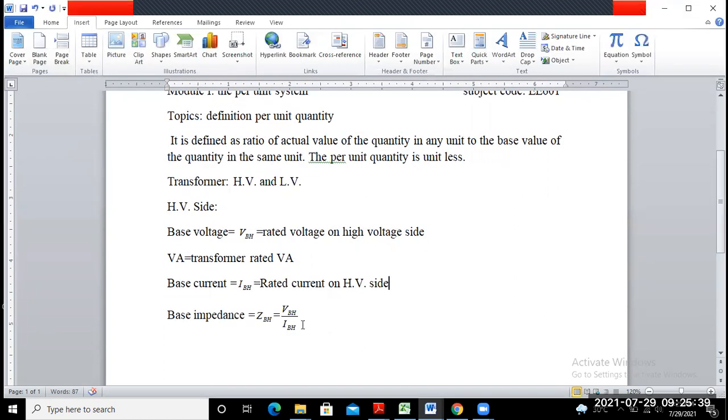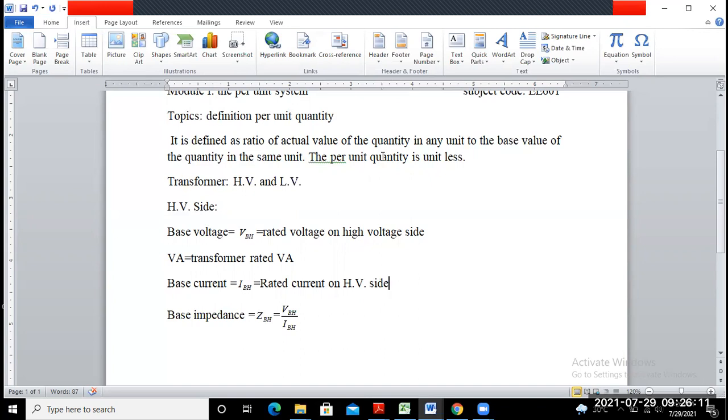Why are we going to find out the base impedance? We want the high voltage side resistance and reactance values represented per unit. So we require the base impedance value, because we want to find the resistance and reactance values in per unit quantity. From the definition of per unit, if you want to find the per unit resistance of the high voltage side,